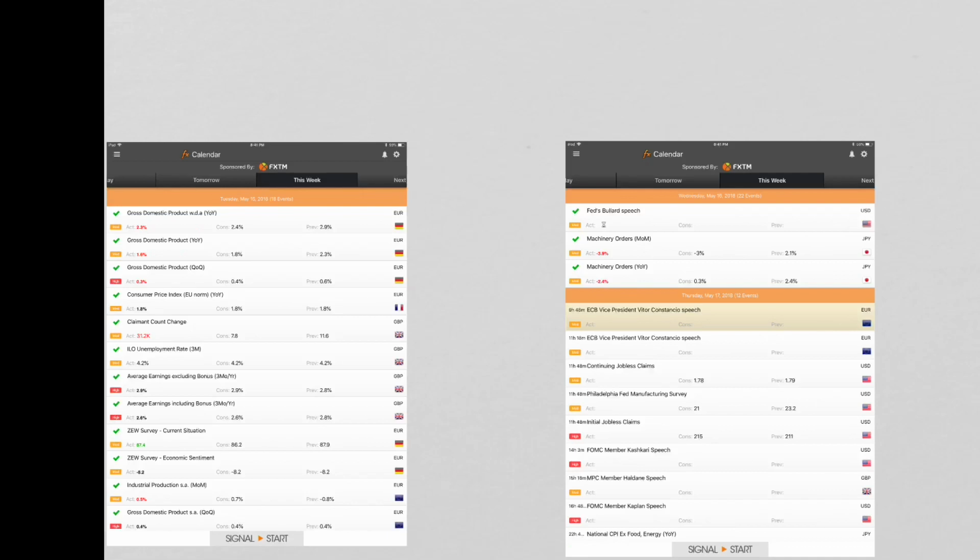Especially if there are speeches, you'll see speeches here. They have no previous numbers, no way to track a speech. So if you see a speech coming up, you definitely want to stay away from trading the pair because there's no telling what kind of effect that speech is going to have. But something like jobless claims, unemployment percentages, interest rates, things of that nature that can be tracked by numbers, you're going to have a previous,